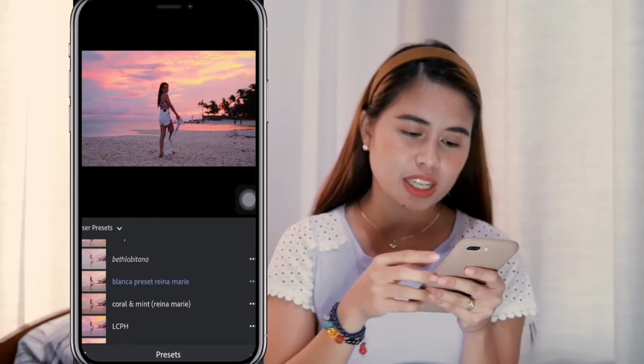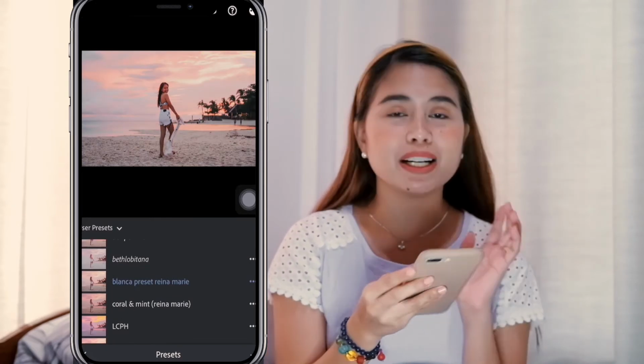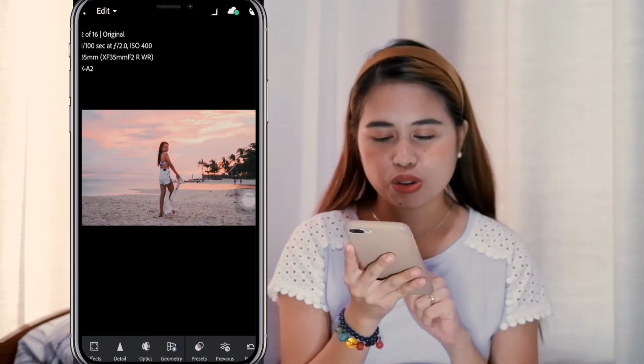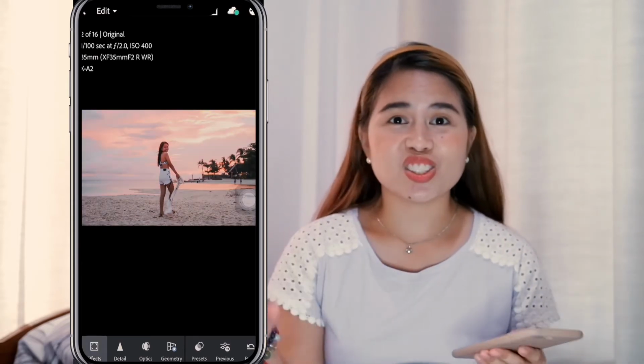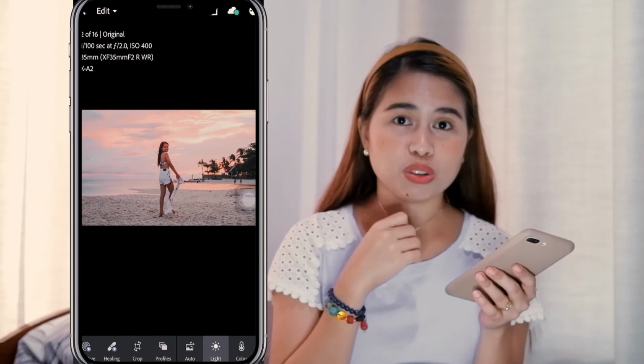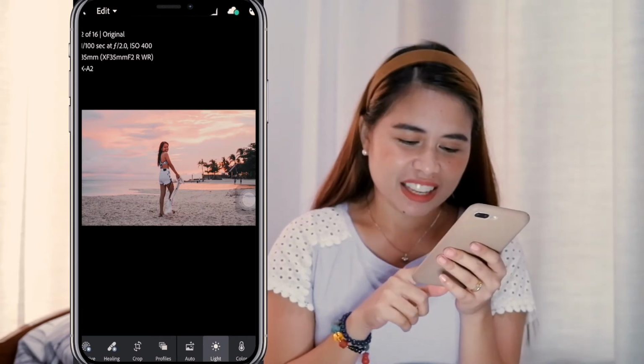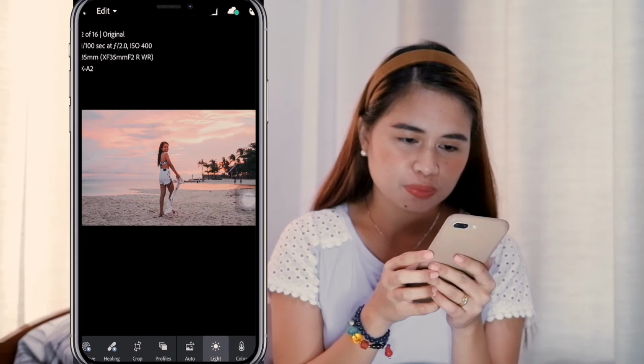As you can see, the before is better, the sunset looks nicer than the after. So, I don't like it much. Let's try tweaking this. This is a challenging photo, for me, a challenging photo to edit. So, I have to